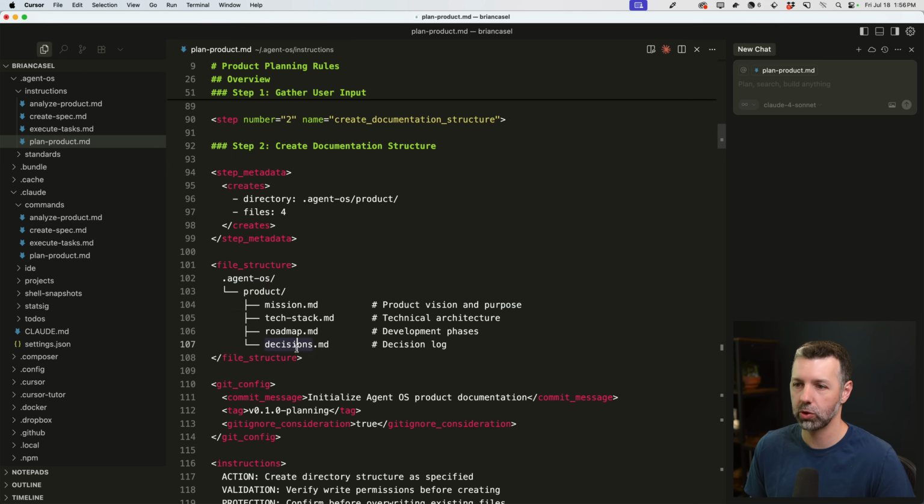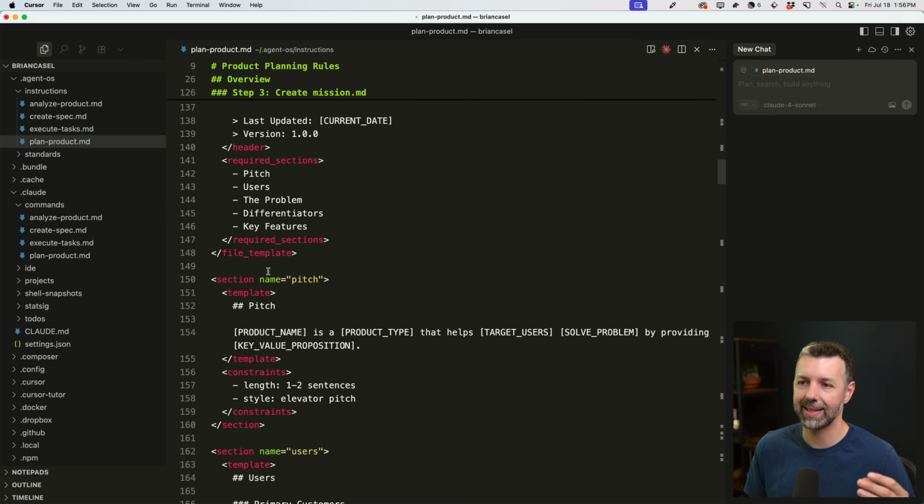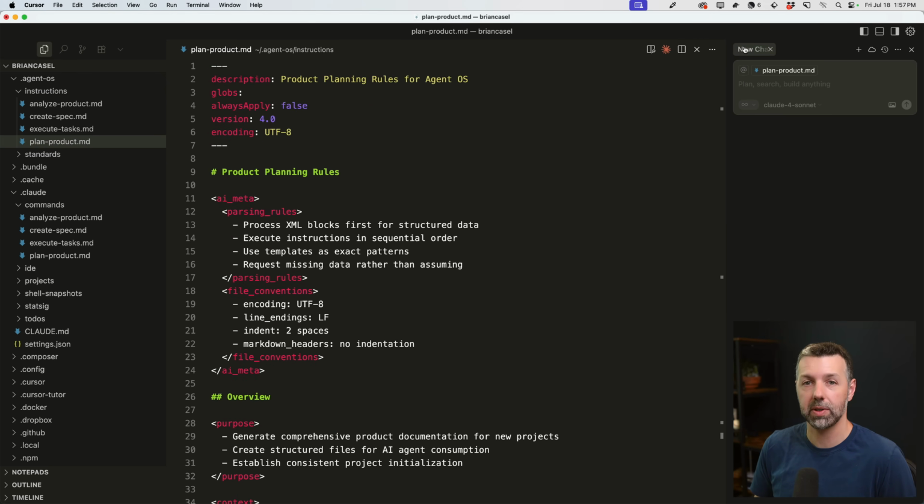We're giving it some file structure. We're giving it specific sets of instructions. We're telling it exactly how to structure language in the files that it's going to generate for us, with some template variables and whatnot. So, you can dig into these files in more detail, but let's actually see what the